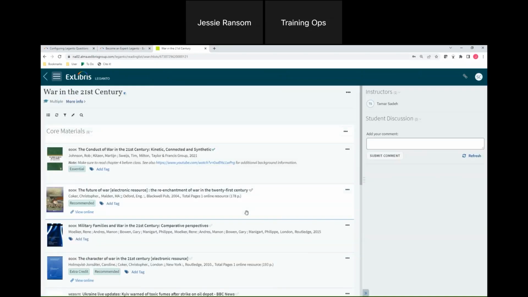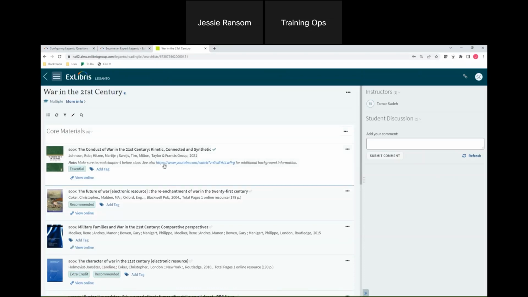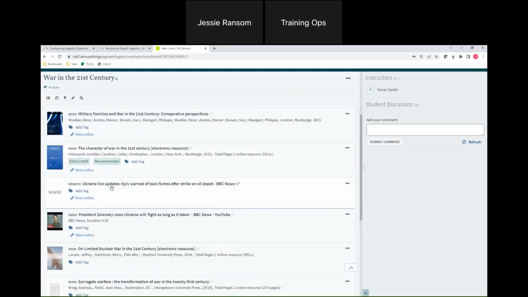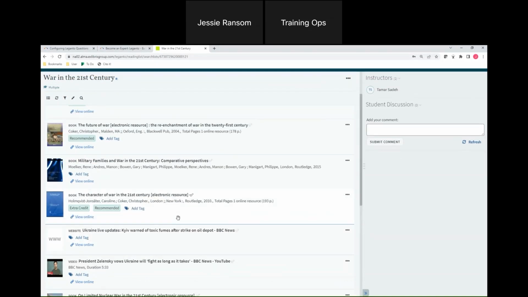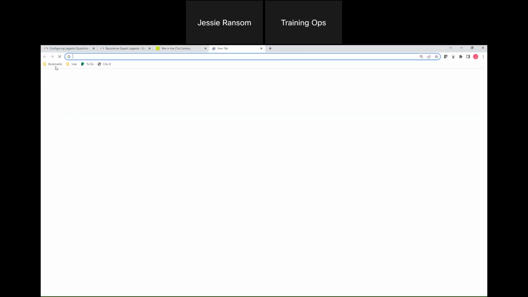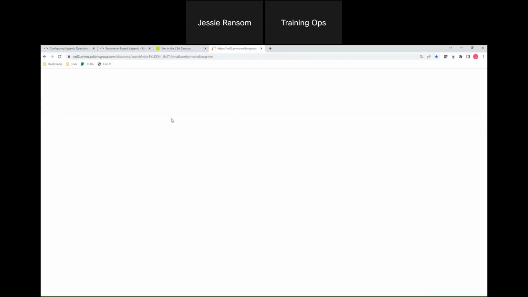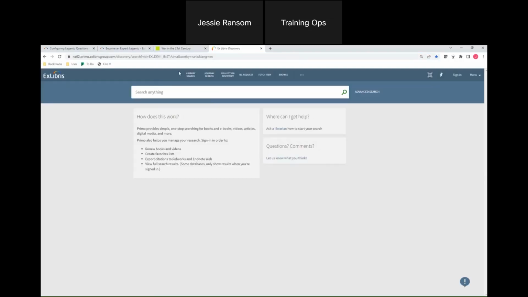And these lists are full Leganto reading lists. They look the same as they do in the learning management system. It's all of the resources. This is not a great example. Oh, here's a website. So all of the resources that would be part of this list, but this would be the better place to start rather than Primo or Summon, again, because it has everything. I also have a demo Primo here. What you may choose to do is add Leganto as one of the options up here from your library website to just create a link to Leganto.